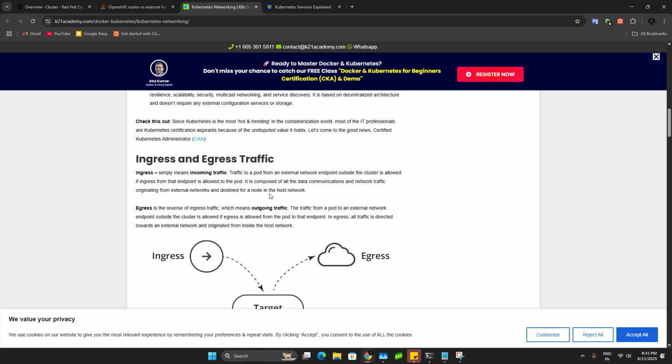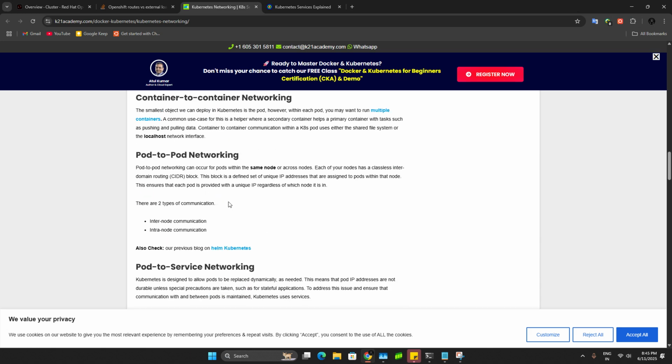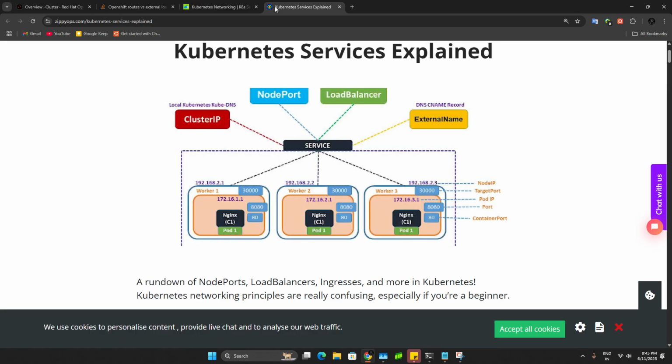So first a pod will have the container, and those containers will have a particular port number. With the port number only, they will communicate, right? So inside the container there is the port number, and outside the pod it will have the target port number. Then it will go for the service, and then for the outside world.